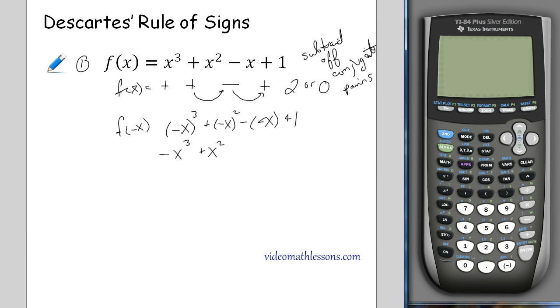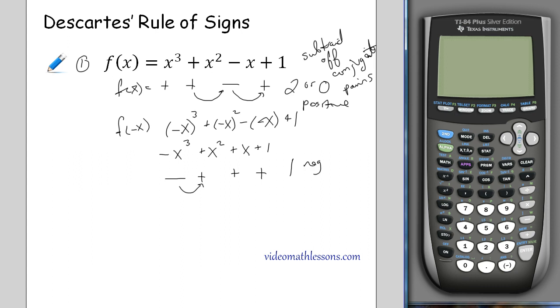Now look at this one. Negative negative is positive x. And this is plus 1. The constant on the end will not change its sign. So now when I look at this, I'm looking at it this way. Negative, positive, positive, positive. So we count the sign changes. 1, and it stays the same. So this would have 1 negative root. So this was 2 or 0 positive roots,